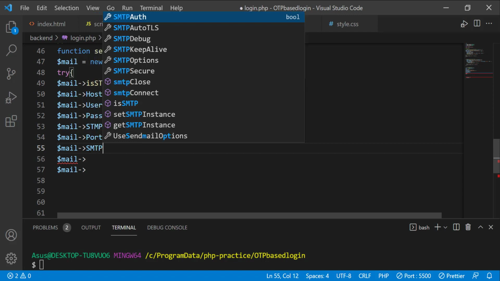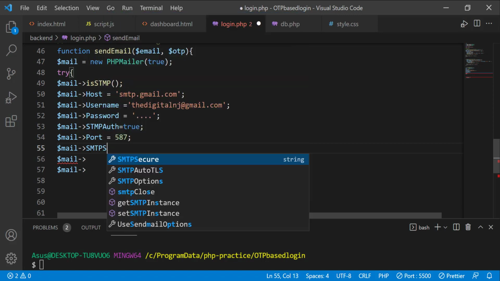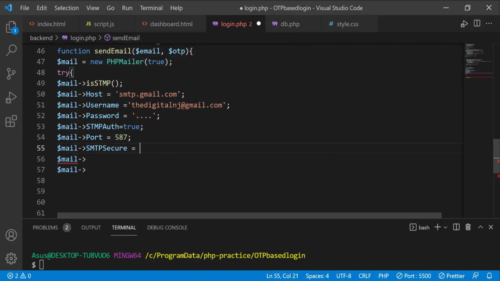Then the second property is SMTP secure, and here basically you have to provide the transmission security protocol. So TLS, we want to use TLS, transport layer security. Now the next attribute is